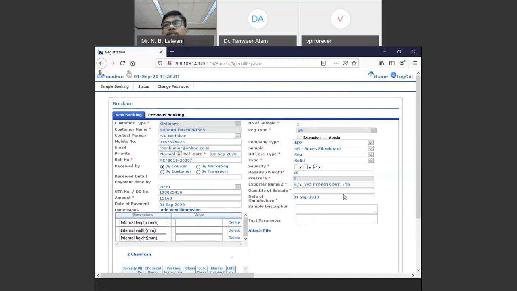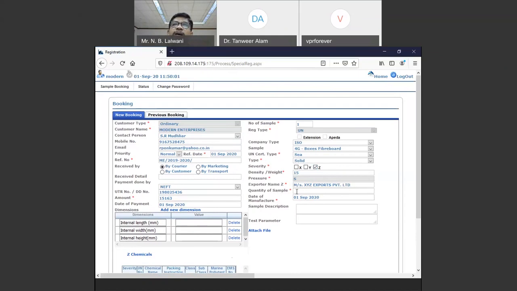Now the problem here, in the sense you have to be very careful when you are filling, because if some spelling error comes in here, the same thing will come into the certificate. The same thing is going to come in the report, because we are not aware of who the exporter is or what the spelling of the name is. So you have to be very careful when you are filling. Even from our side, when we are typing something, a typographical error may lead to some errors in the report. So you have to be a little cautious when you are filling the data.